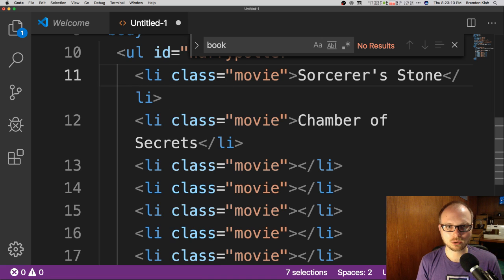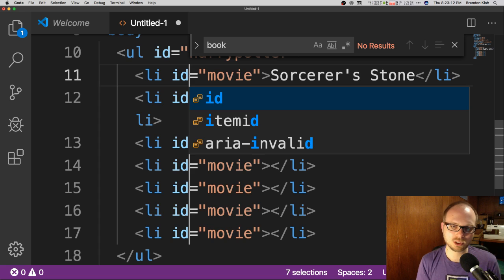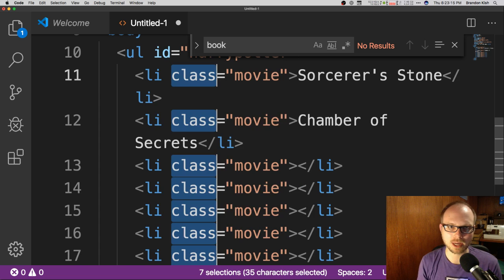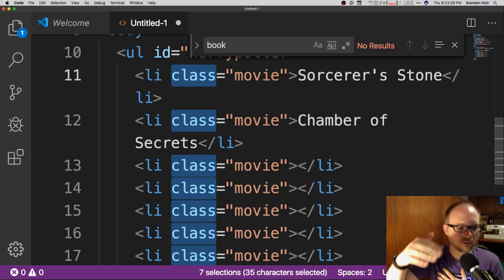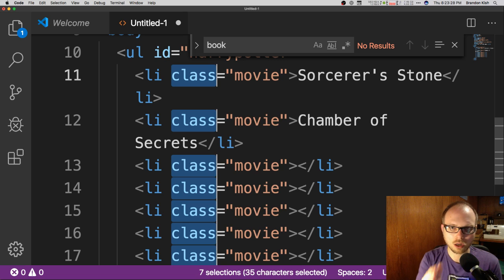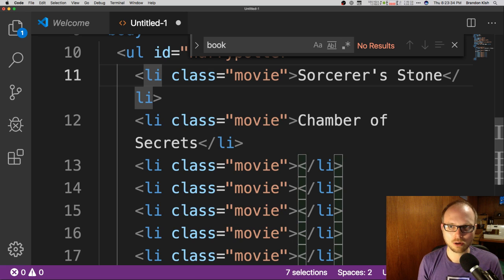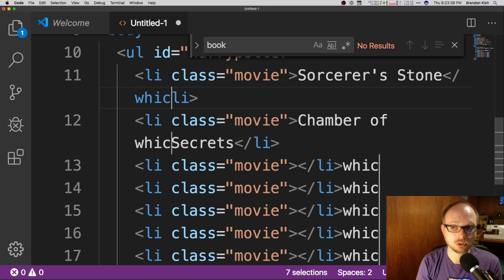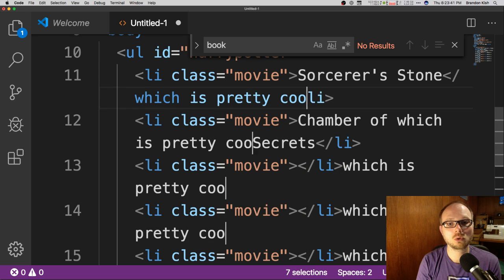So if I wanted to switch to the word class with ID, which I know I can't have an ID with the same value, so that's probably a bad example. But let's say I had put ID in there and I wanted to change it to class, and I could easily change those back. The last trick that I want to show you is if you wanted to add something to the end of every line, you can actually just move all the cursors over to the end of the line with the End key on a PC, or on a Mac it would be the Command right arrow. And now you're writing at the very end of all of these lines at once, which is pretty cool.